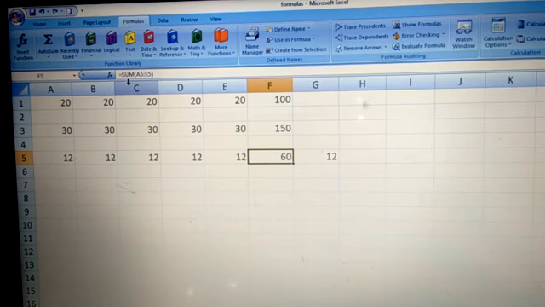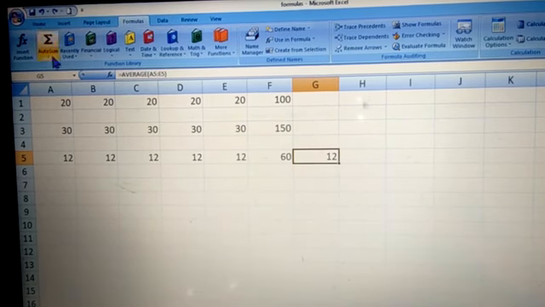Equal to SUM, range selected, A5 till E5, right? Even here, average. See, equal to AVERAGE. The entire name is there. Then inside the parenthesis, the range has been selected, right? So this is how we enter functions from the formulas tab directly.